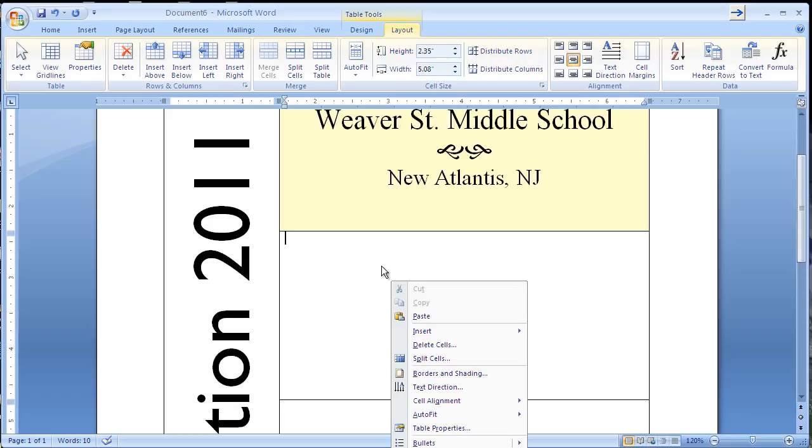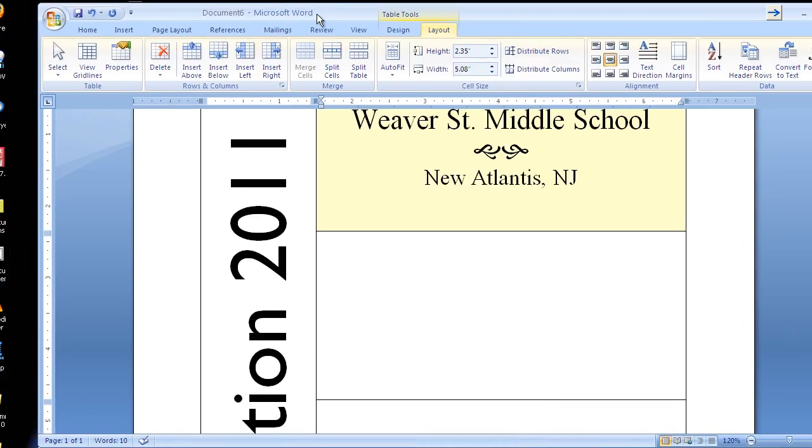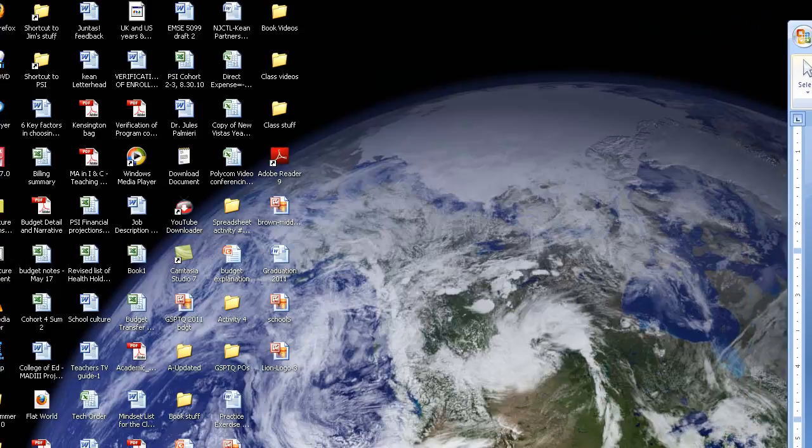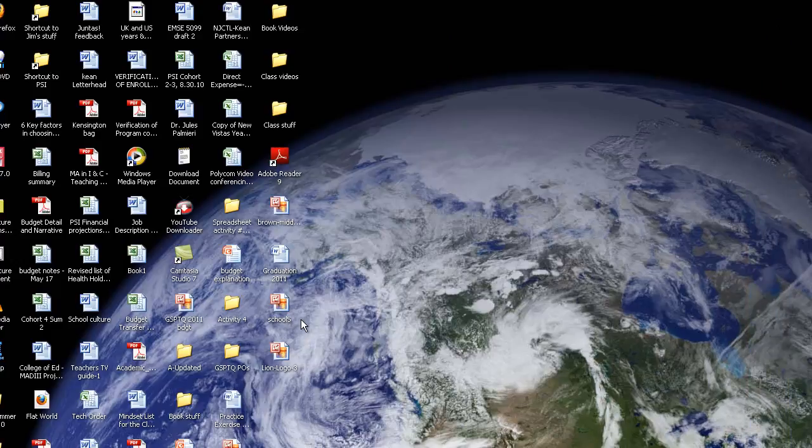Now let's work in the second cell. I want to put a picture of the school in here. Now if you already have a picture of your school, great. You can just get it from your computer and plop it in there. We don't have a ready picture, so we're going to go out, we're going to open up Internet Explorer,